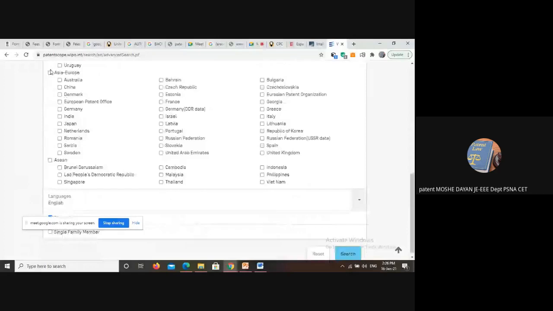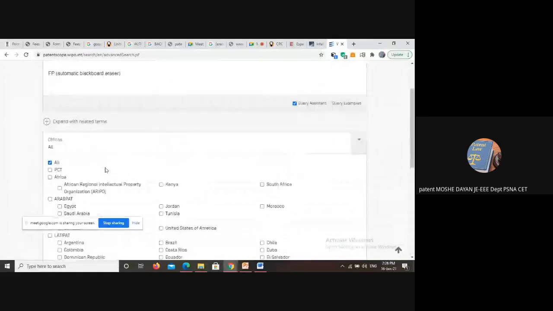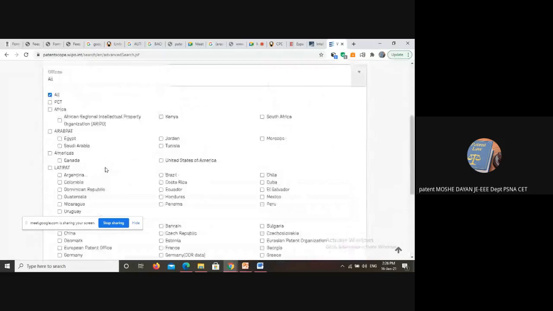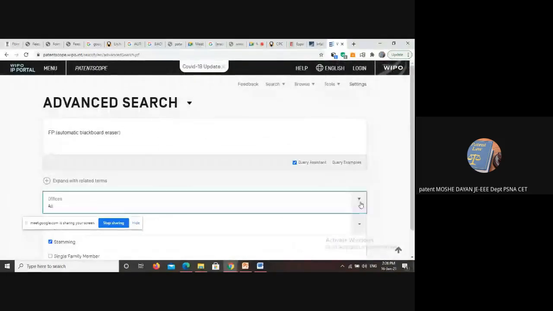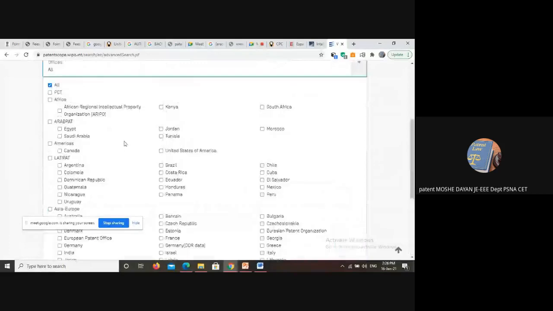So you can choose that particular country alone and do a search. So those kind of customizations are available in the advanced search. And you can also tailor the date. You can choose from this date to this date. Those kinds of customizations can be done using this advanced search.